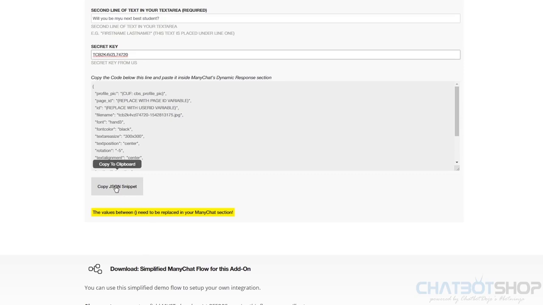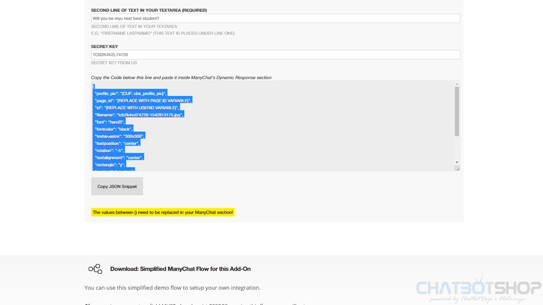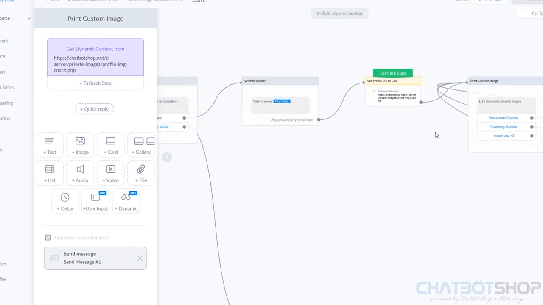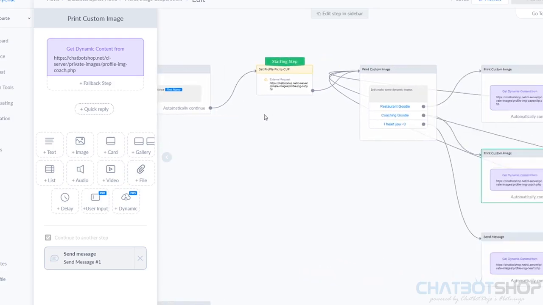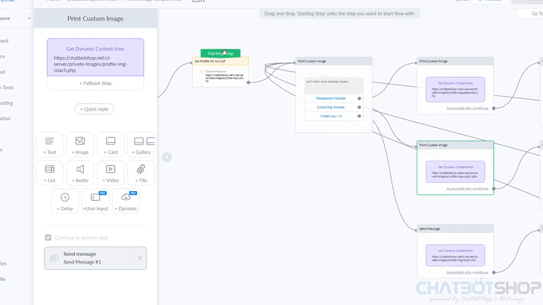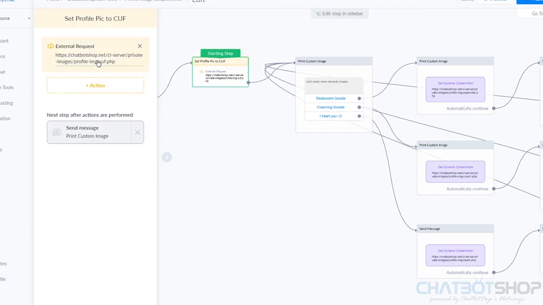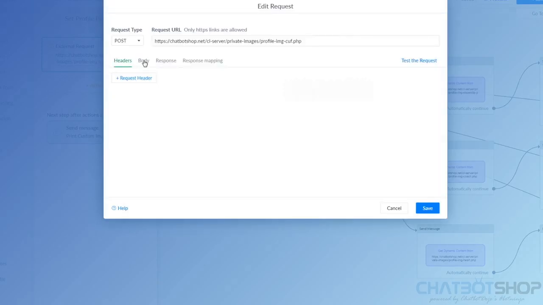So I'm gonna click this button right here to copy this entire JSON section, and then I'm going to move over to ManyChat, and up here you will see this little starter node. Actually, there's something before that, but for this demo, I just moved it straight to this one. You can of course drag this green thing anywhere you want. We just keep it right here. What this does is it will insert the